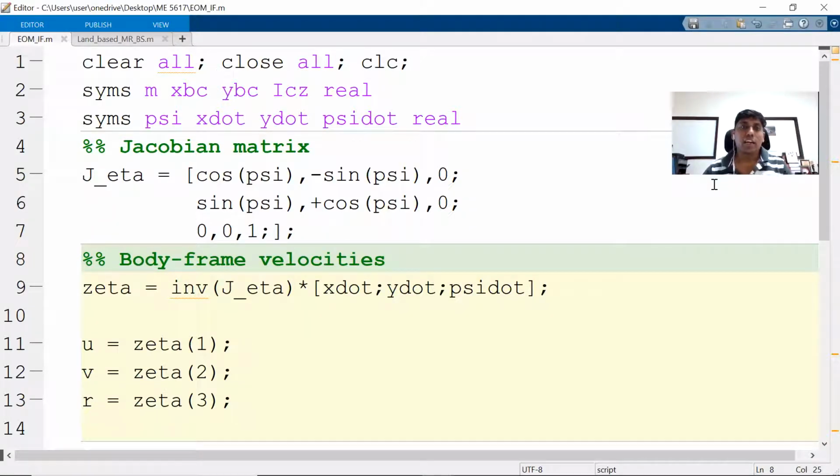In this class, we are trying to show the dynamic model in the inertial frame, or you can call it the earth-fixed frame. Based on that, we will see how to derive the motion control. Similarly, the motion control including dynamics, what you call dynamic control, and how to do it in the body-fixed frame.